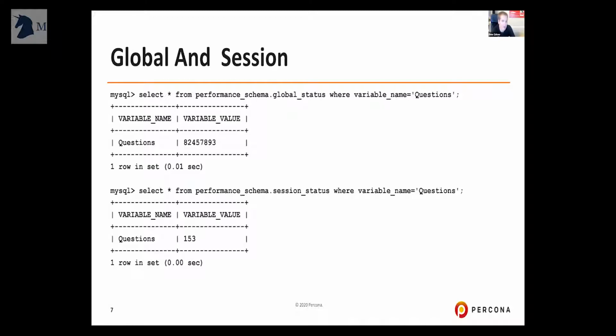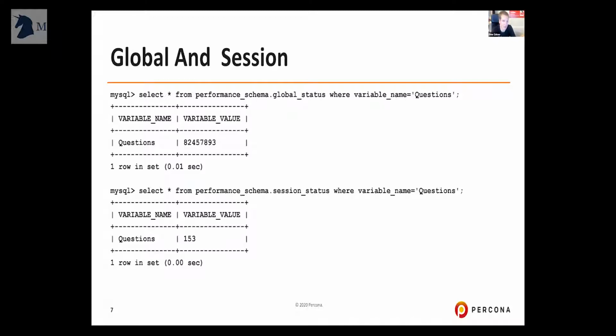That huge number is actually the number of queries this instance has handled since it started, from all the connections, whereas Questions in the session scope is how many queries only my particular connection handled. In this case, I probably had this connection open for a while, and that is why it has 153 queries. That can be very helpful to understand both the global context as well as how your